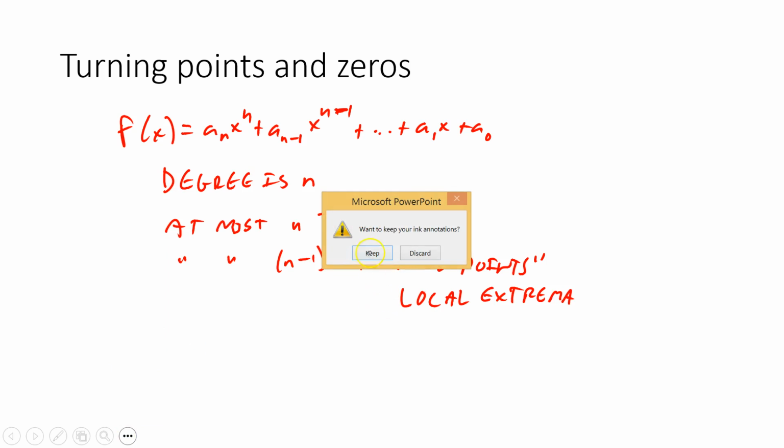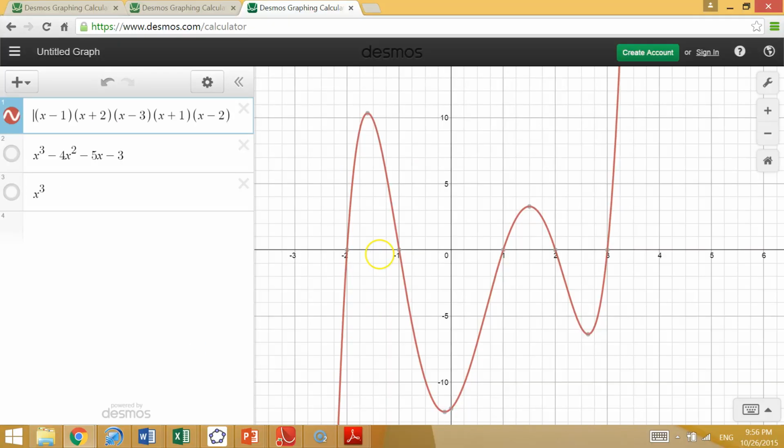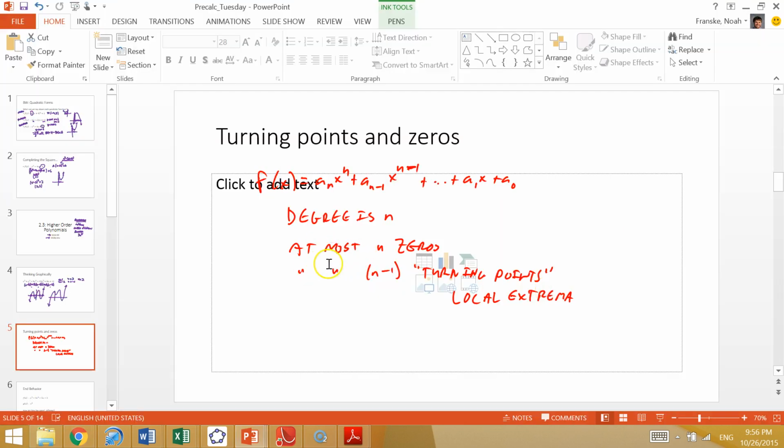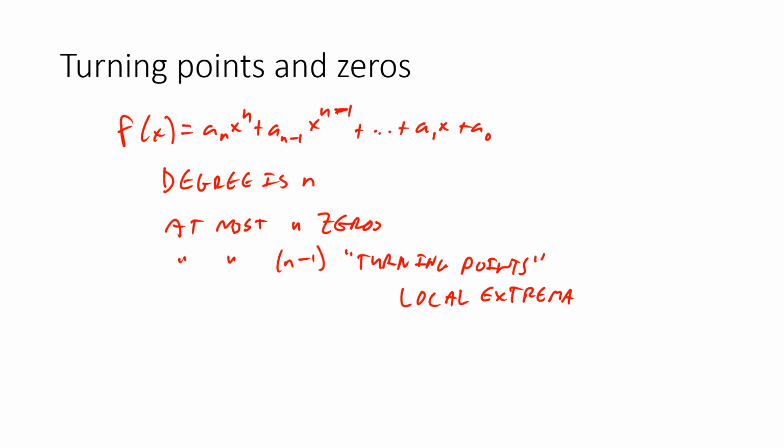There we go. So in the graph, we see that we had 1, 2, 3, 4 turning points, which is one less than the degree we have here. Now we don't have to have that many. That's why it says at most, because if you think about it,